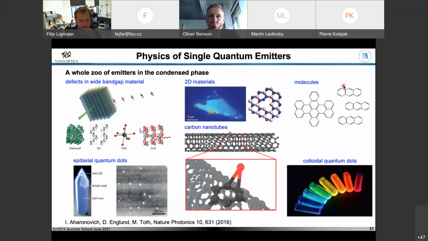And nowadays, there's a whole zoo of these atom-like objects. So they are observed now as defects, so color defects in 2D materials. I mentioned the epitaxial quantum dots, which are basically very tiny semiconductor crystals where you can trap charge carriers in. Carbon-based materials, these color defects have been observed, and maybe molecules, you can also count them as emitters in at